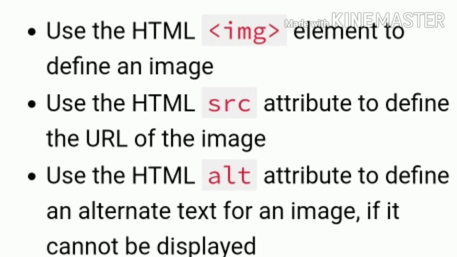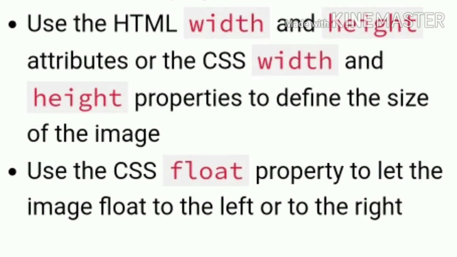Therefore, make sure that the image stays in the same spot in relation to the web page. Otherwise your visitors will get a broken link icon. The broken link icon is shown if the browser cannot find the image.